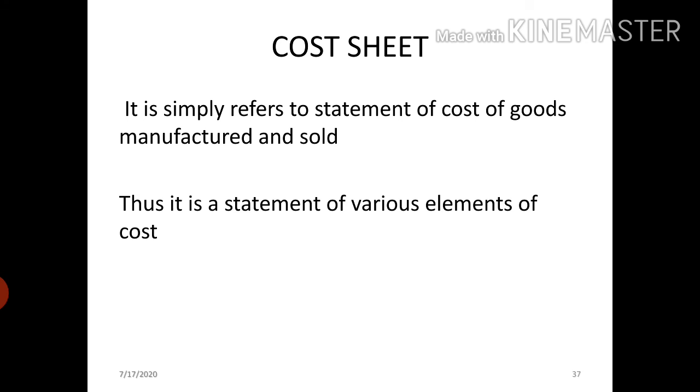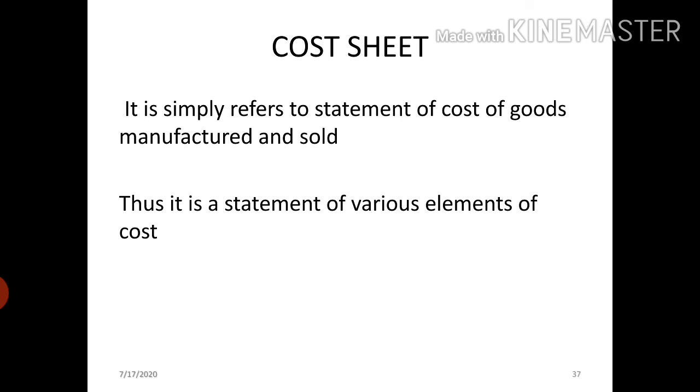Next point, sixth point, it facilitates preparation of tender price. If we need to fix any tender, we can consider this cost sheet as a base for that. Come to the seventh point. If you need to fix any production policy, you can consider this statement as a base statement. Come to the last point. It communicates information about cost to all levels of management in a simple and lucid style.